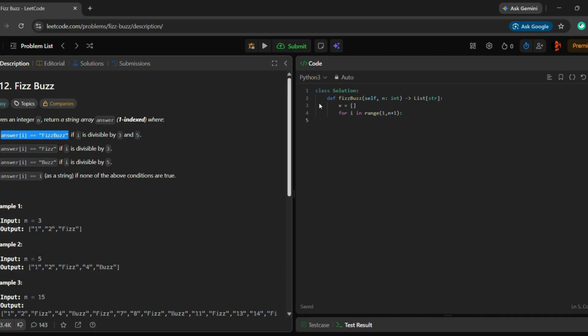Because the base condition is already mentioned in the cases, if i % 3 == 0 and i % 5 == 0, then we need to append, v.append("FizzBuzz"),